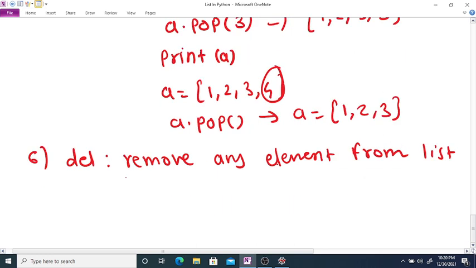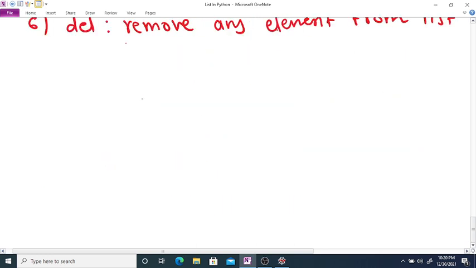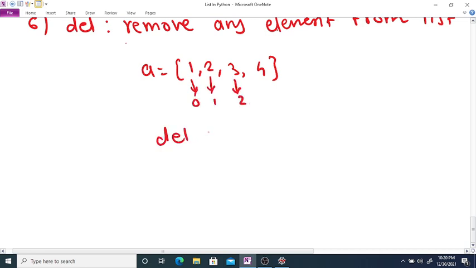Suppose A is the given list, A is equal to 1 2 3 4, and the position of 3 is 0 1 and 2. If we use the command del a[2], it removes the element 3, and your new modified list is A equal to 1 2 4.